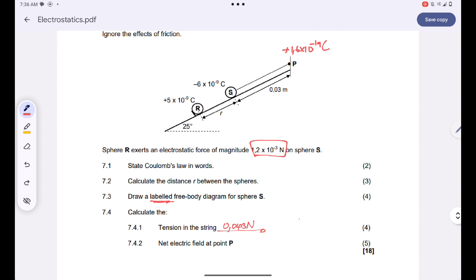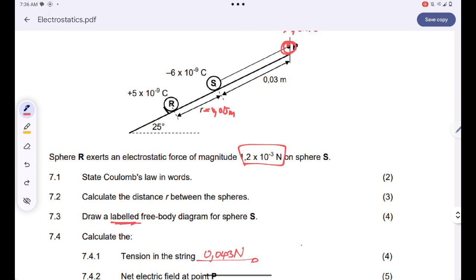For me to be able to find the net electrostatic field, I just need to know how charge P, this point charge over here, is going to behave as a result of charge S and charge R over there. Okay. Remember there we got 0.015 meters, if I remember properly. Okay,